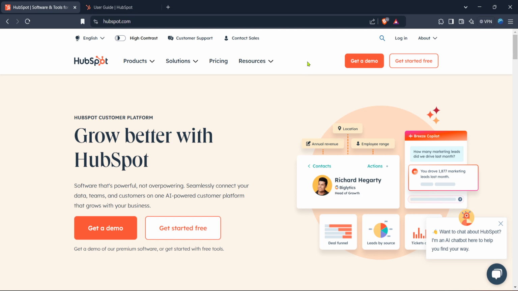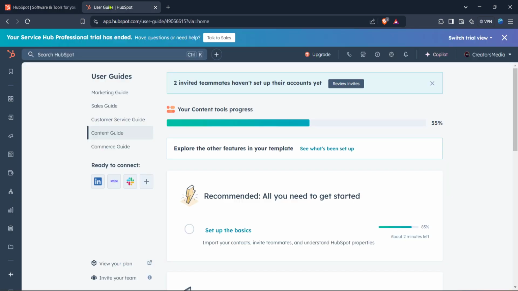First, you'll need to head over to the HubSpot website, open up your preferred web browser and navigate to the HubSpot homepage. Once you're on the homepage, you'll want to log in using your HubSpot account credentials. Simply click on the Login button located at the top right corner of the page. Enter your email and password and click Login to access your HubSpot dashboard. Once you've successfully logged in, you'll land on the HubSpot home interface. This is your launching pad for all things HubSpot and where you'll get started on setting up your redirect.